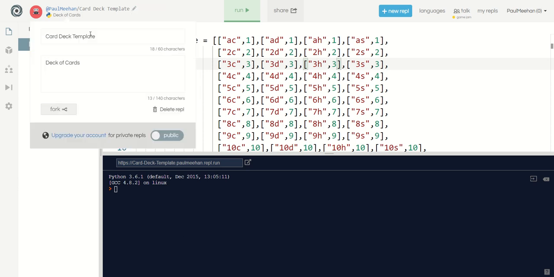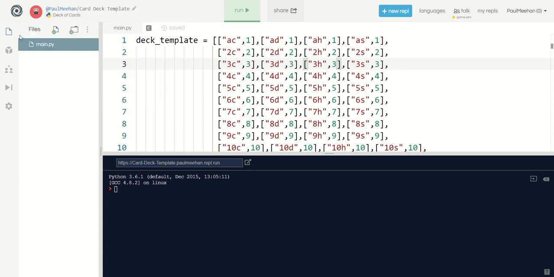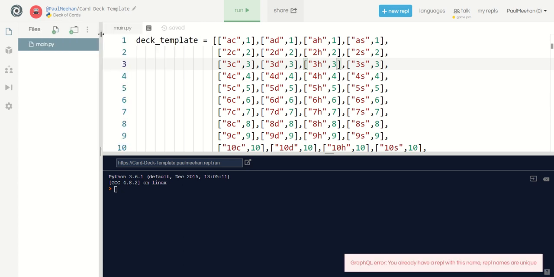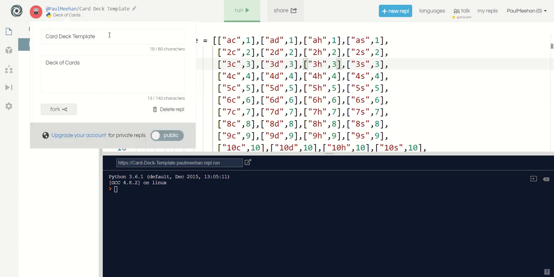I'm also going to change the name of it to Blackjack. Okay, and that should be changed. Oh no, I've already got the name Blackjack somewhere else. Okay,